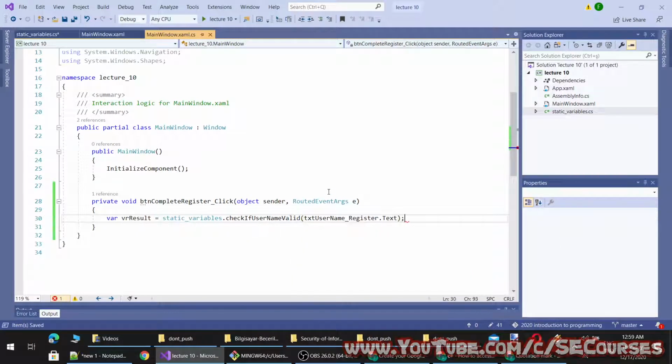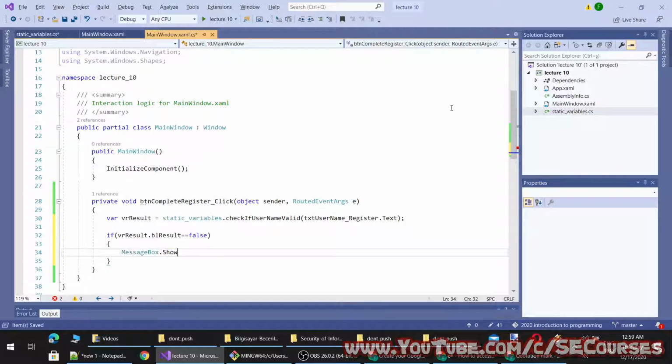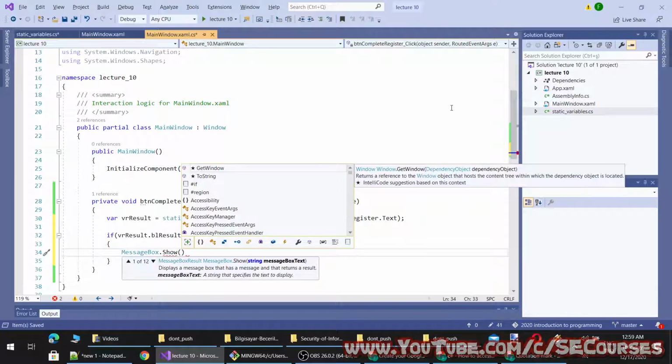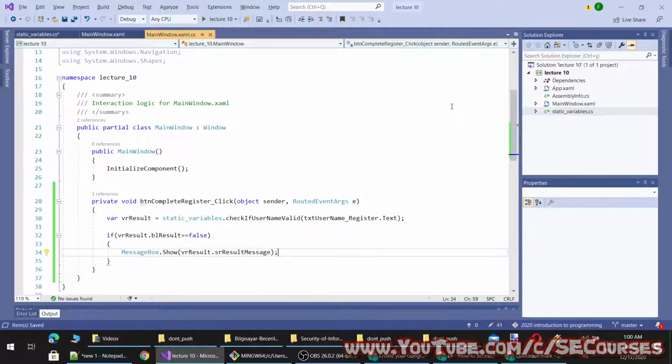You see the other one is also available because all of the tabs are in our main window class. Okay, and if vr result equal to false, I will show the user the message returned by our method. Okay, like this. Okay, everything looks great.